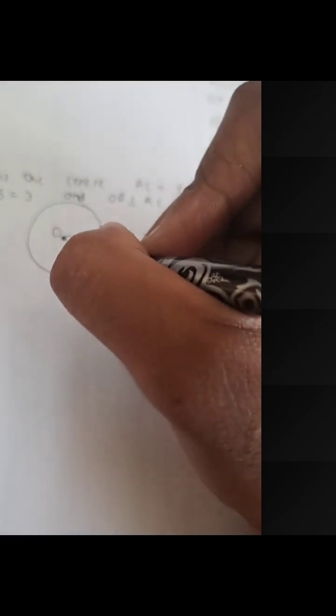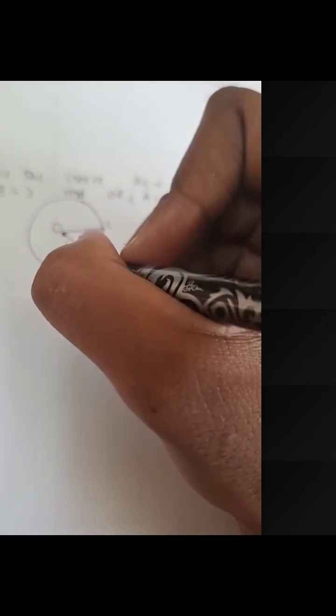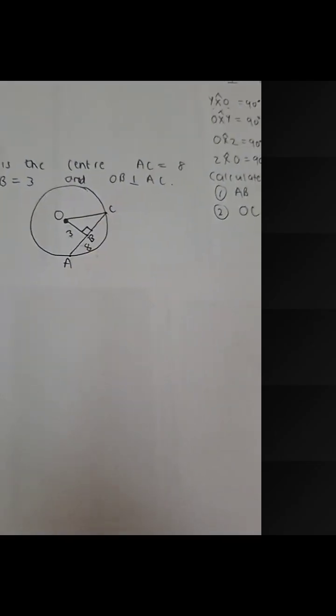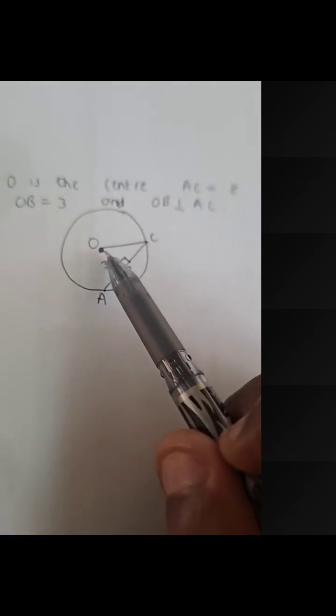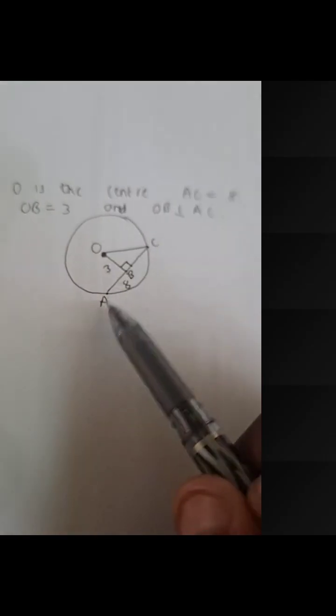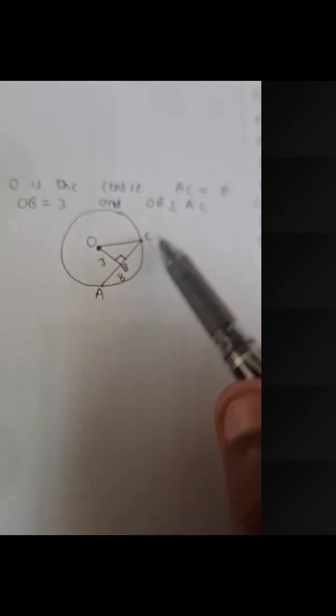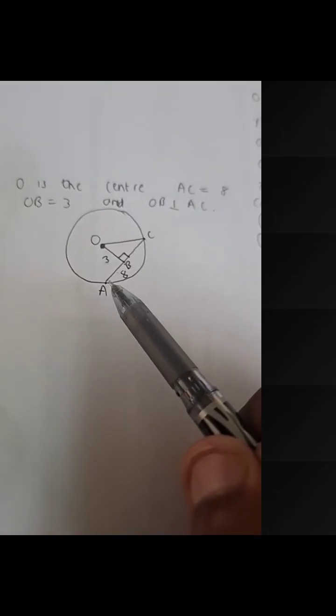So let's first and foremost look at this. Where's AB? AB is here, from there to there. That's AB. Right? We need to find what AB is. When we look at our diagram, you can see we are already told that OB is perpendicular to AC. And we want the value of AB. All right. So from the diagram itself, if we look at the theorems that we've just done, the two theorems,